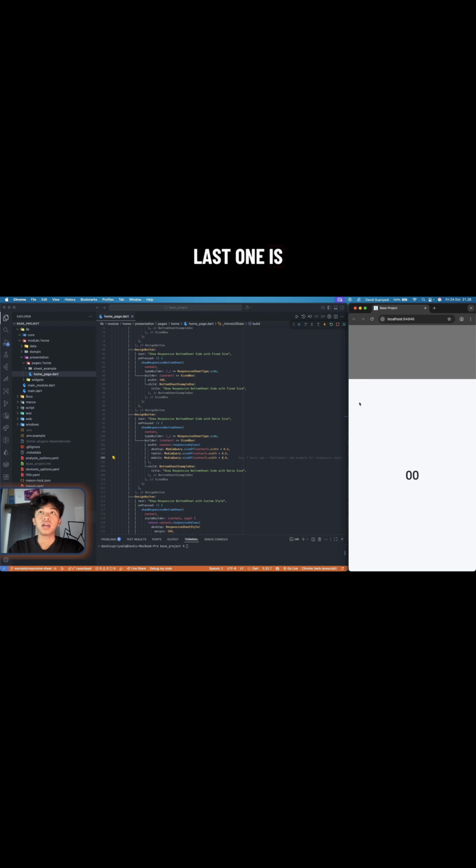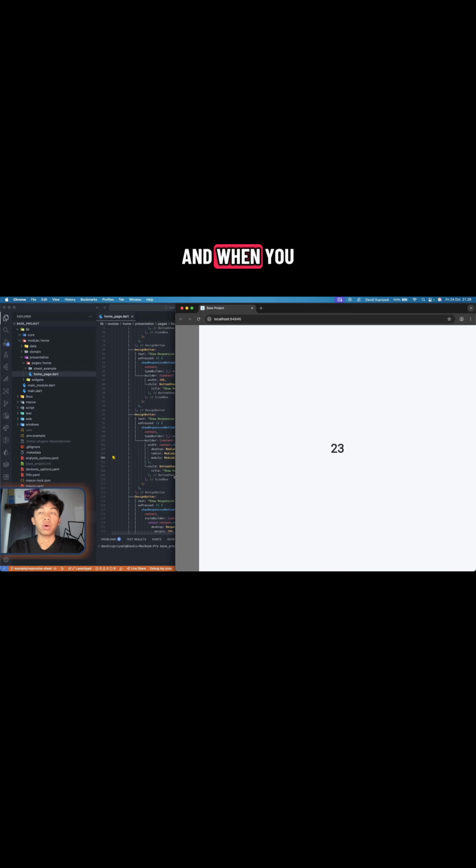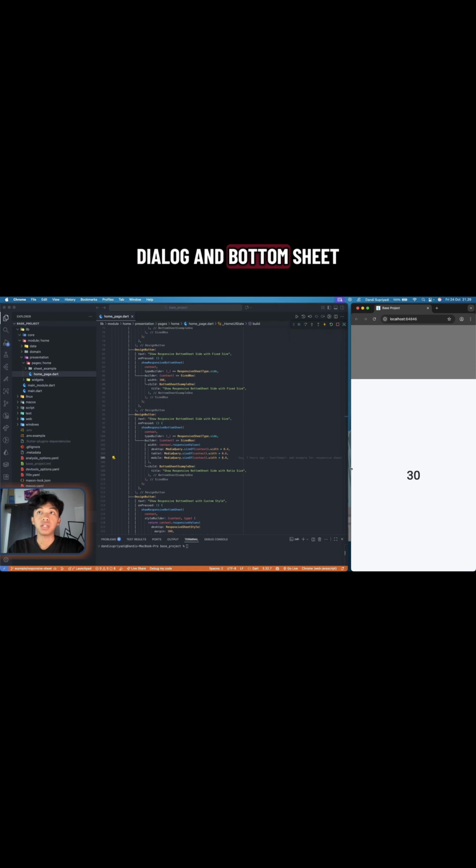You can do that. And then the last one is this responsive sheet will preserve your widgets. What I mean by that is when you change from a bottom sheet to a dialog, your widget won't get reset. In here, the timer continues, indicating that the widget is not yet disposed. And when you change to a side panel, it also gets preserved. Side panel, dialog, and bottom sheet use the same widget. It will not recreate your widget, and thus it will automatically preserve your data.